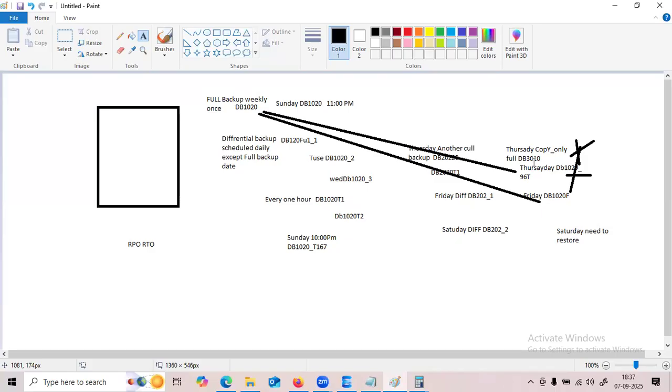So if there is no copy only backup introduced, what do we need to do? We have to restore the full backup, then restore the Friday differential backup. After that, I need to restore the transaction log backups taken after the Friday differential backup, up to that particular time, to a different database.